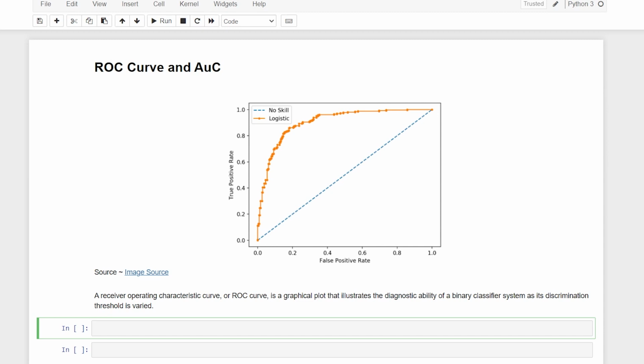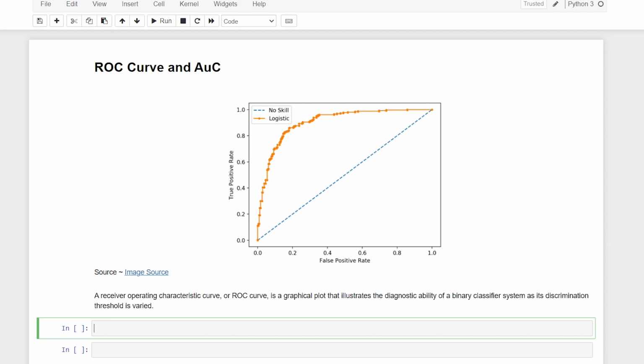The prerequisite for this tutorial is the true positive rate and the false positive rate. I have already covered this in the last tutorial itself. If you don't have any idea, please do check that. And for the true positive rate and false positive rate, you must know type 1 and type 2 error along with the confusion matrix. So these are all the videos that are the prerequisite for this tutorial. Please don't directly hop onto this tutorial if you aren't aware of those.